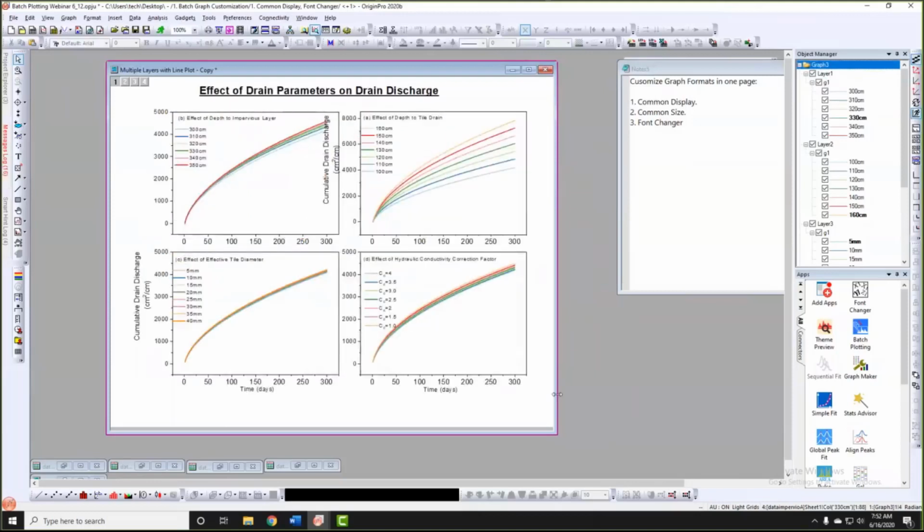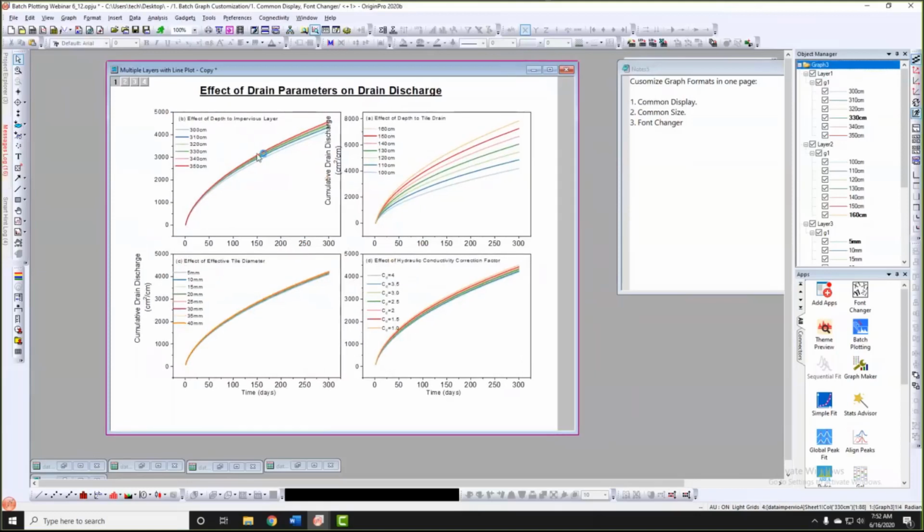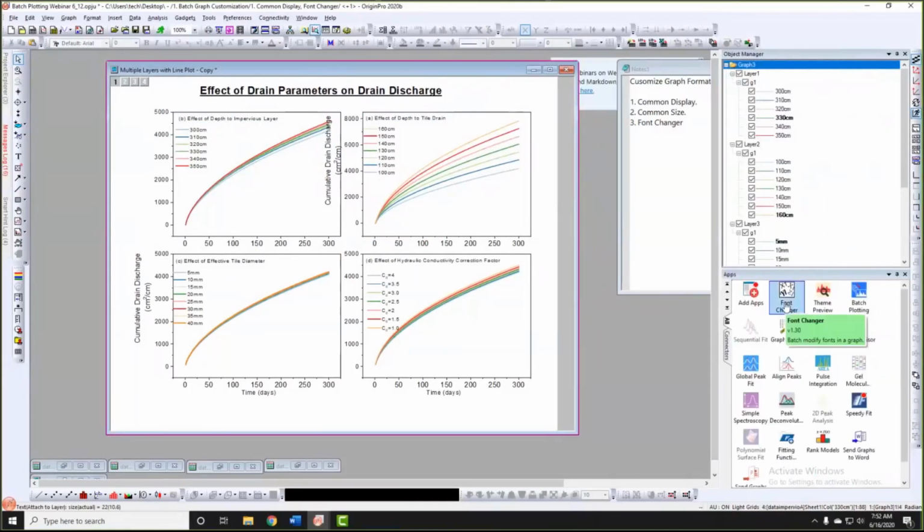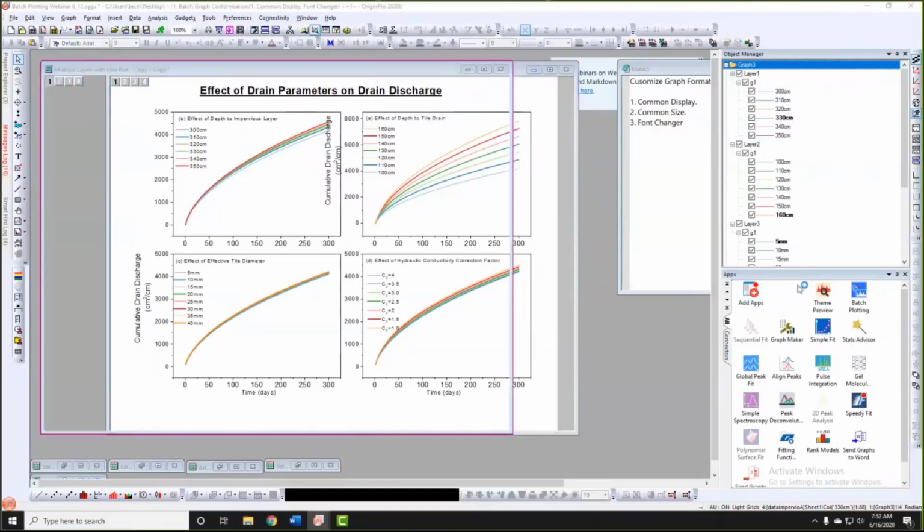The last thing is there are some individual text objects on the graph, for example, this indicator of the graph. We can't use the common display to change those fonts altogether. But we have this app called Font Changer. I already downloaded it from our App Center. You can click this button to download different apps into your Origin. So let's see how this works. If I click the Font Changer,